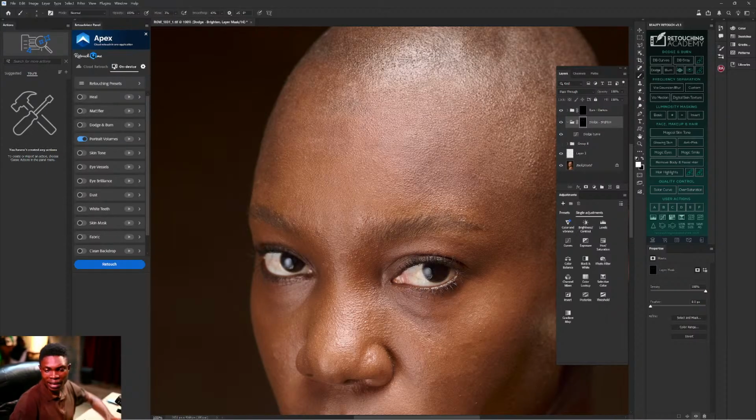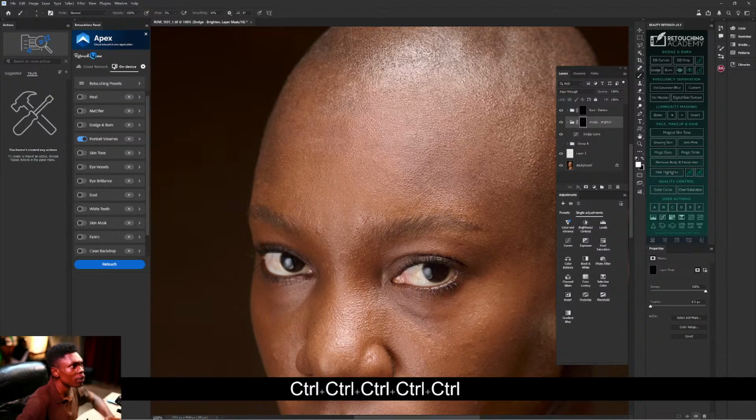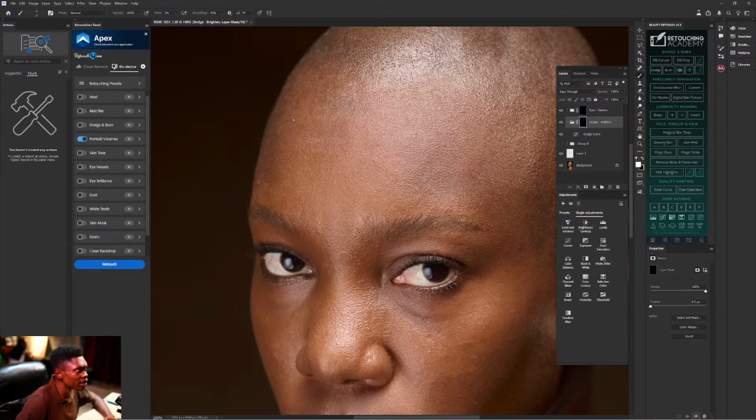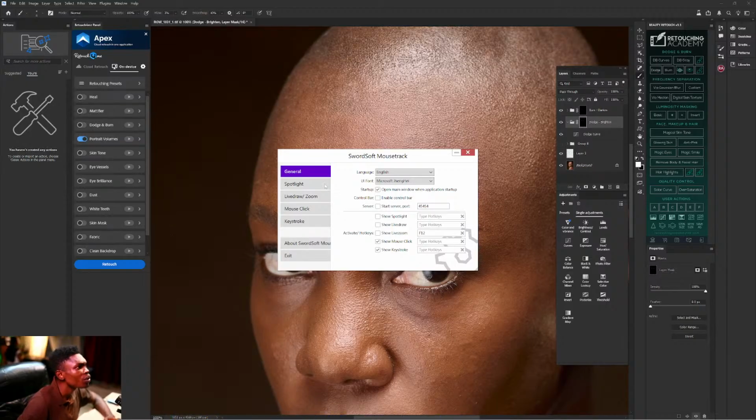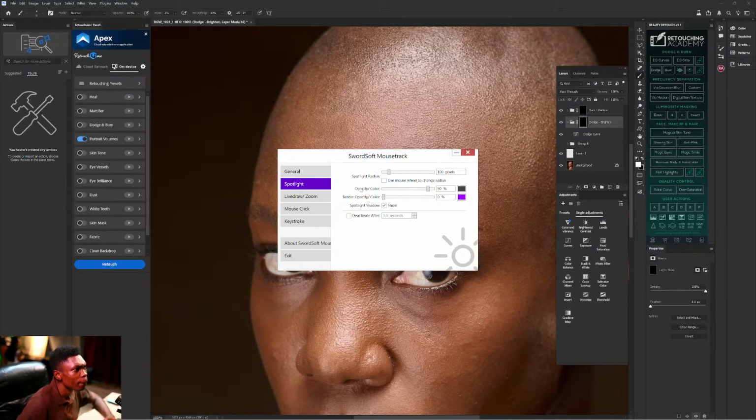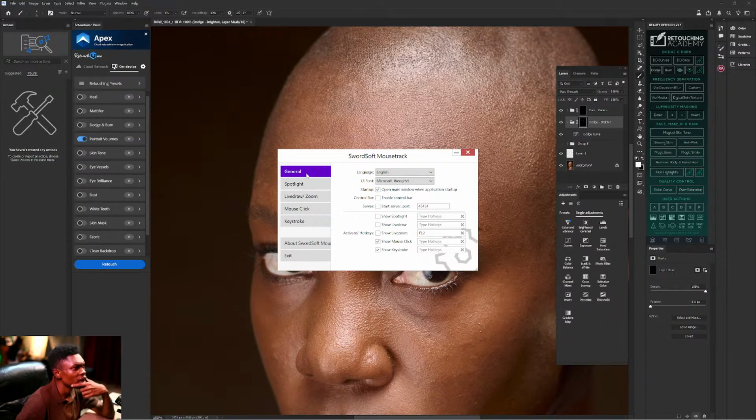I don't know when I dey see my mouse, e dey very small o. See how my mouse dey, my mouse pointer dey very small. I go find wetin go show my spotlight. Use mouse wheel to change radius, opacity, spotlight radius.